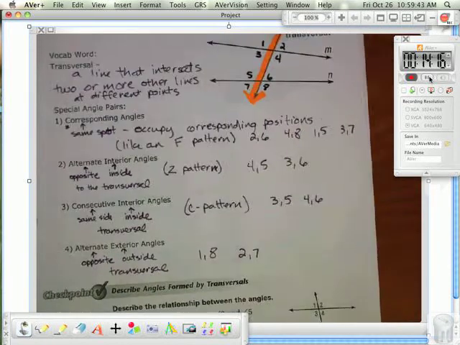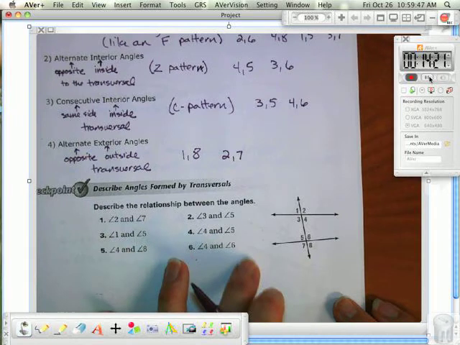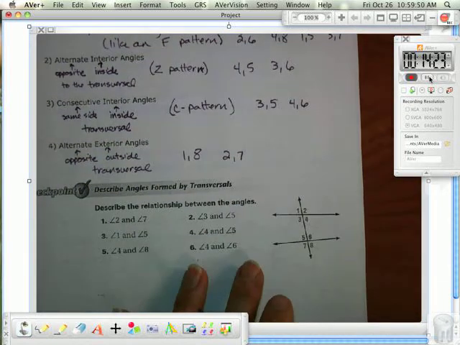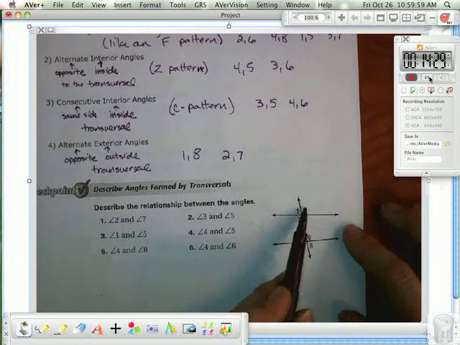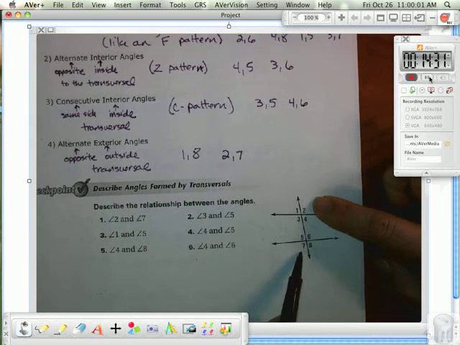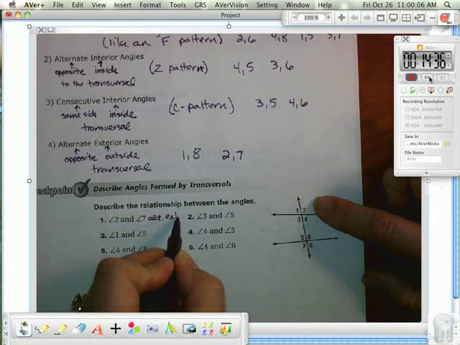All right? So down here, this is the end. Before you wrap stuff up, I want you to do these right now. It doesn't take very long. Write down what you get. You can abbreviate. 2 and 7 are opposite and on the outside. So I'm just going to abbreviate. They would be alternate exterior. Should we do 5 and 6? So I want you to do all the